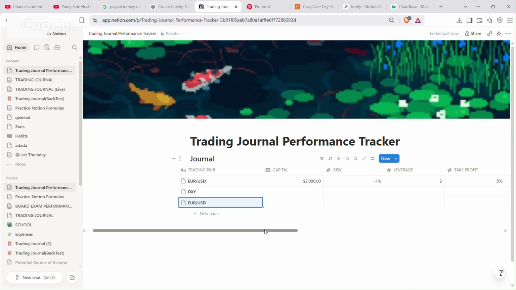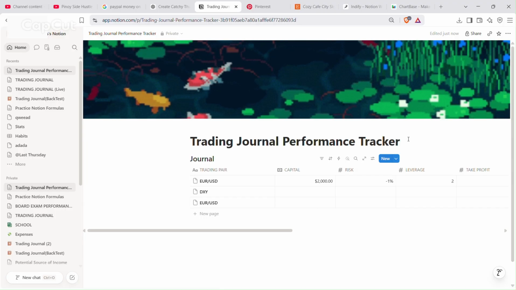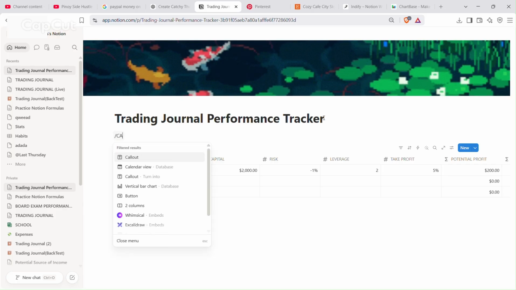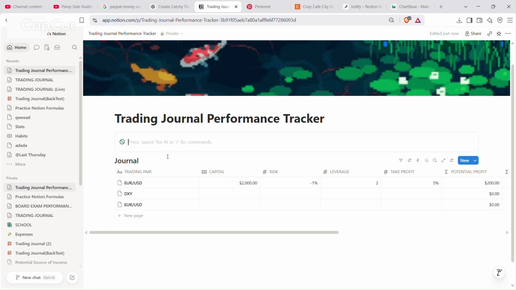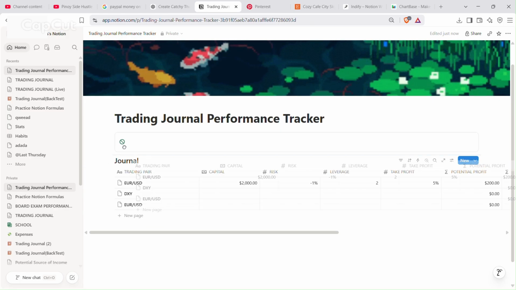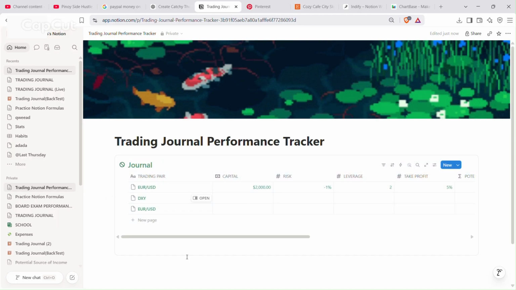And for now, let us add the callout function, and let us put this database inside our callout bar, and that's it. So it will look more static.